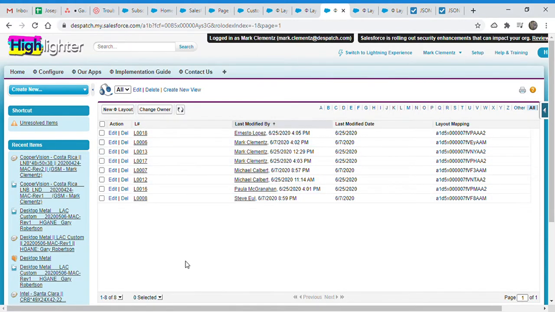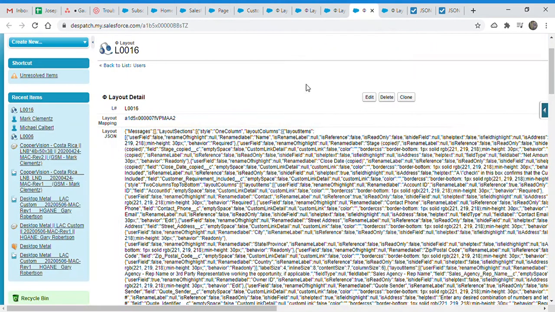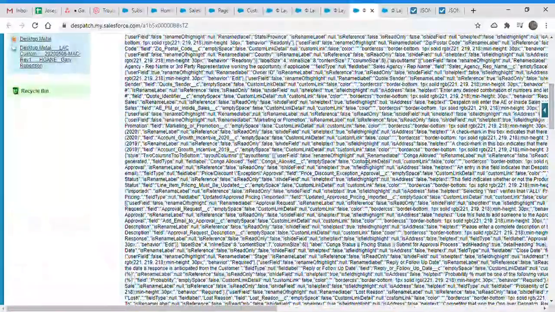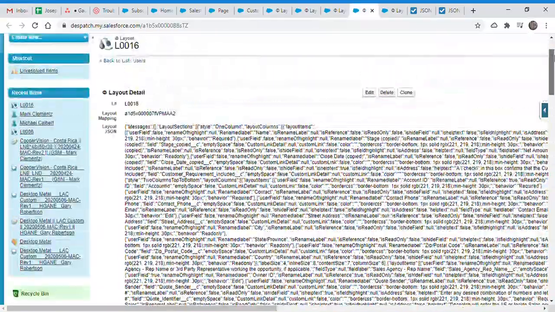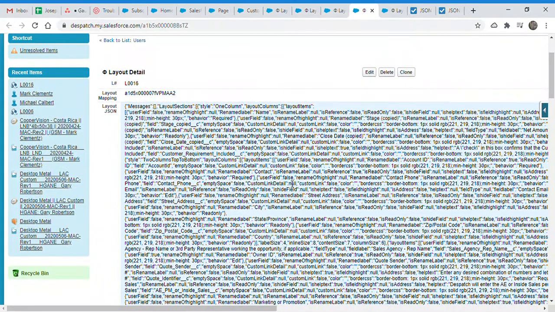So what is the layout record? When we load the opportunity layout the first time, we save it in this custom object here. This is the whole layout here. Okay, so here it is. So now what happens if a user changes anything in the actual layout? It will not show on the page because we are fetching this layout, so the field is not here, it will not show.